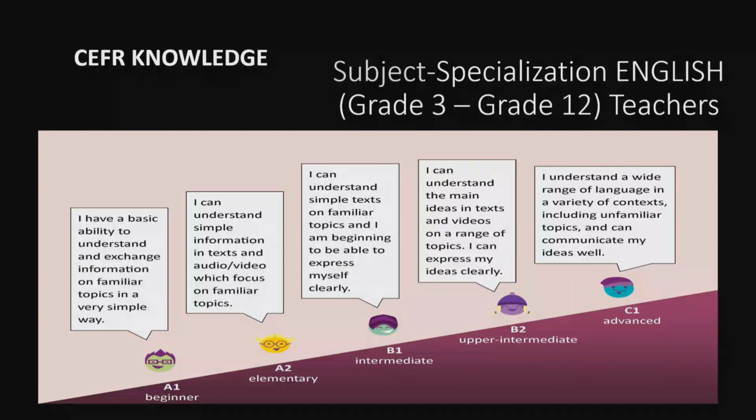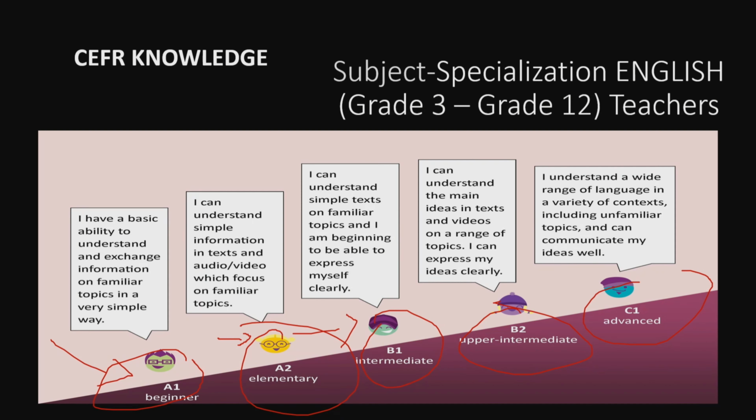As I told you in the intro, this video is about CEFR knowledge, and you should know basically the levels of CEFR: A1, A2, B1, B2, C1 and C2. Level A1 is called beginner level. Similarly, level A2 is a bit higher, called elementary level, and from elementary you proceed to level B1, that is intermediate, and that goes to B2, which is called upper intermediate, C1 advanced, and C2 is proficient.